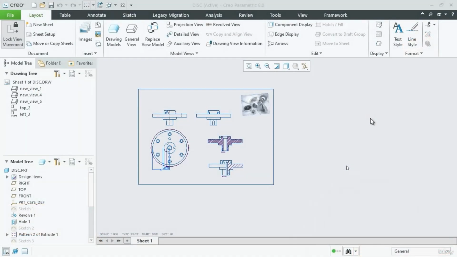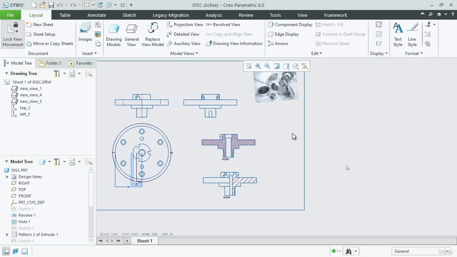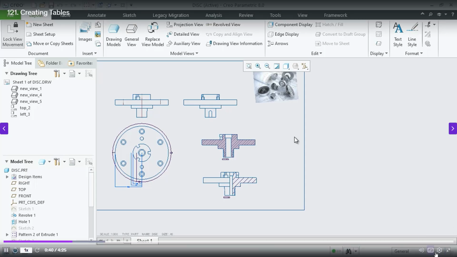In this lecture, we are going to create tables into our drawing. Tables can contain various data which are related to the drawing. Also, it may contain data which are related to the part that we are going to make for the assembly. Also, it may contain data of material and any other related issues for the part. So anything it may be, any information you want to insert inside a table, for that we have to first